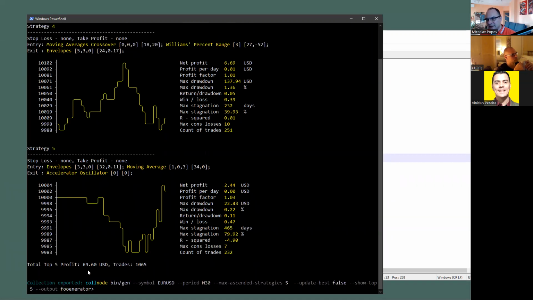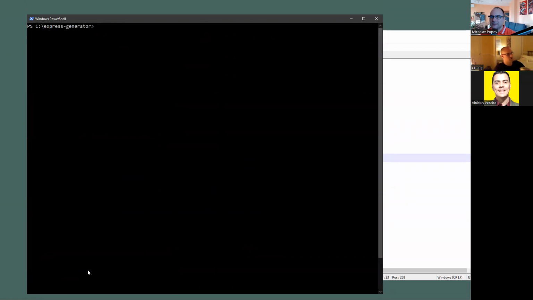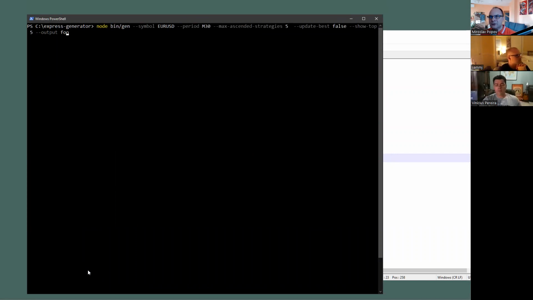Okay, but let's now import. What happened? Something broke. It did say right before that it had saved it to collection foo. Yeah, it is saved in foo, but I can use these friendly names to input now. So I can input the collection foo, and I use the same, but this time I will input the collection foo and calculate on Great Britain pound USD. Why not? And I will show the top 5, but